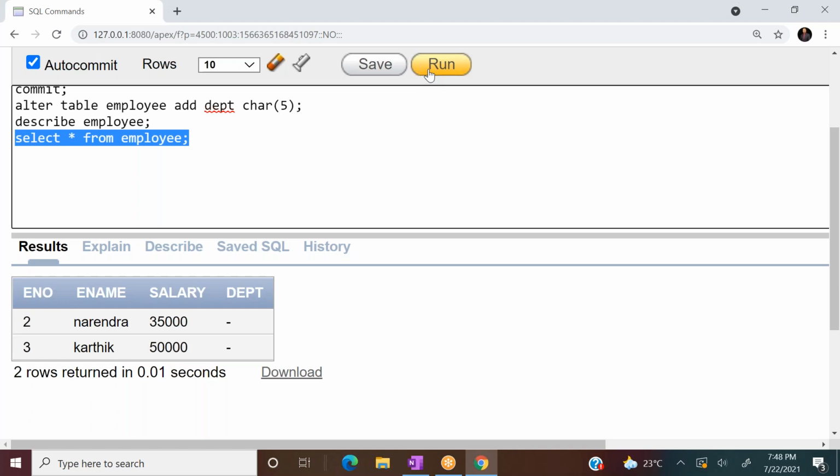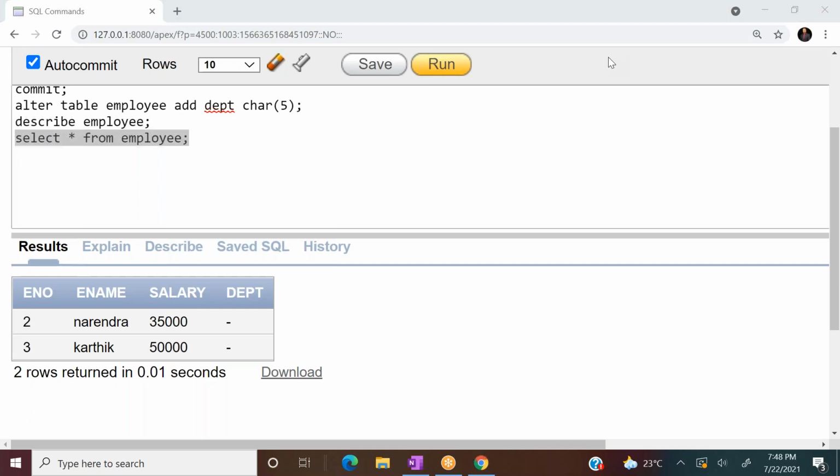Can anyone tell me? Insert won't work. UPDATE will work, with a WHERE condition.